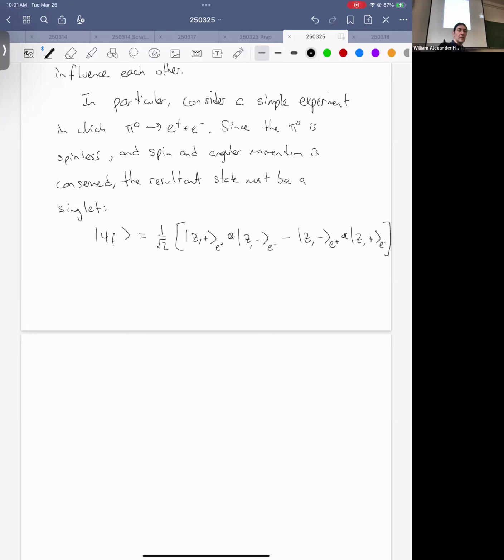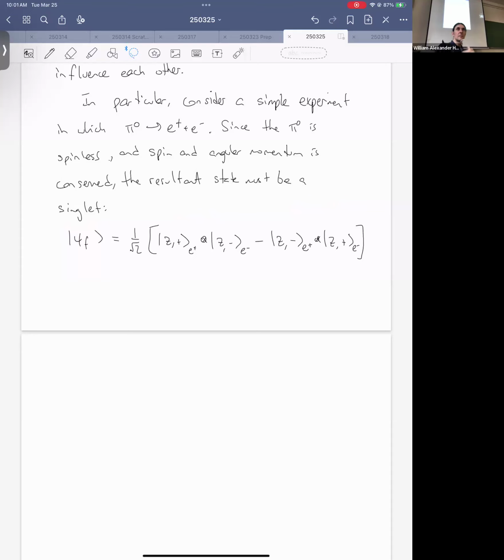I kind of vaguely recall that you have not done addition of angular momentum before. So the idea of singlet triplet. Okay, good. We're not going to rely on any huge amounts of detail. If you just have the idea of singlet triplet, that I'm looking at a direct product, which we've also covered in this class, that's sufficient. Okay, good.